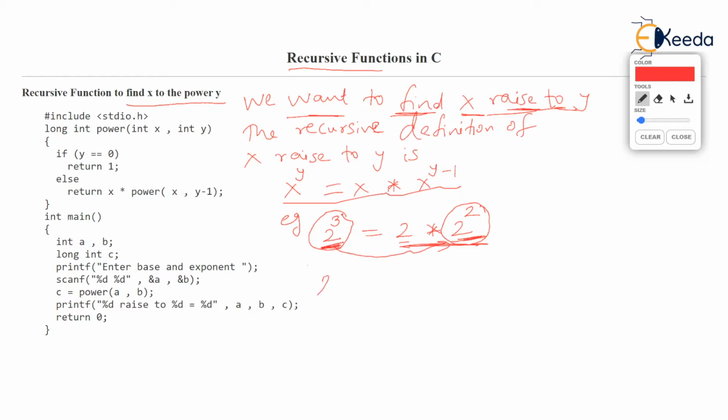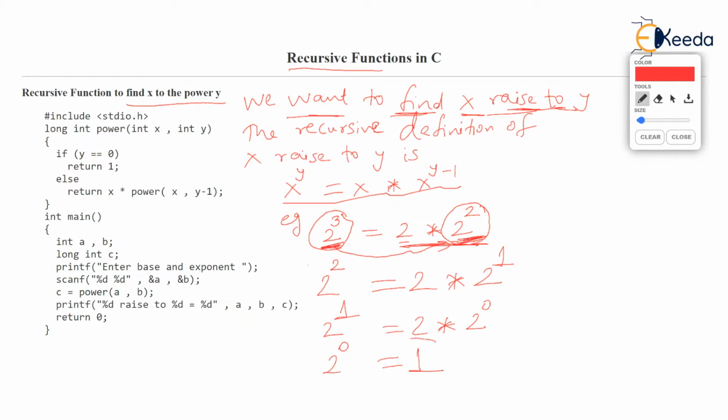So you can then answer 2 raised to 2, which is still unknown. 2 raised to 2 is 2 into 2 raised to 1, which is very true. But then 2 raised to 1 is 2 into 2 raised to 0, which is very true. But 2 raised to 0, as I say always, enough is enough. 2 raised to 0 is not 2 into 2 raised to minus 1. Nonsense it will be. Sorry for this word. But 2 raised to 0 is 1. Anything raised to 0 is 1.